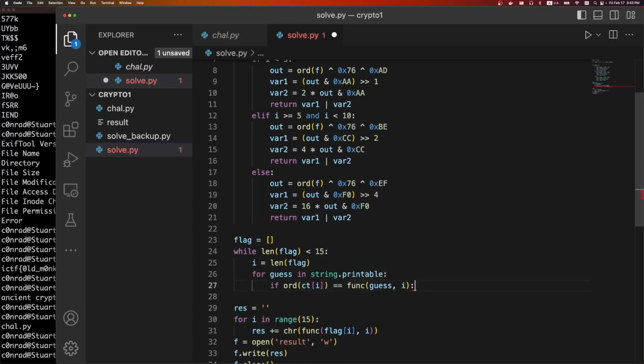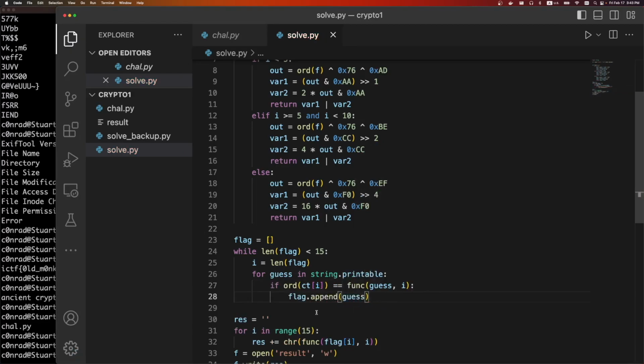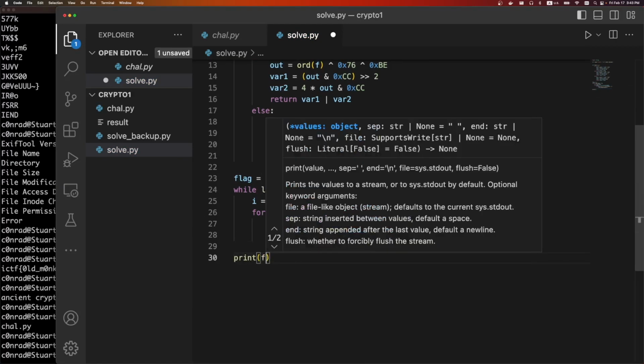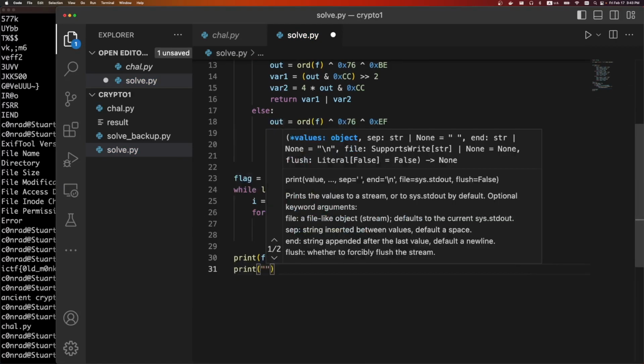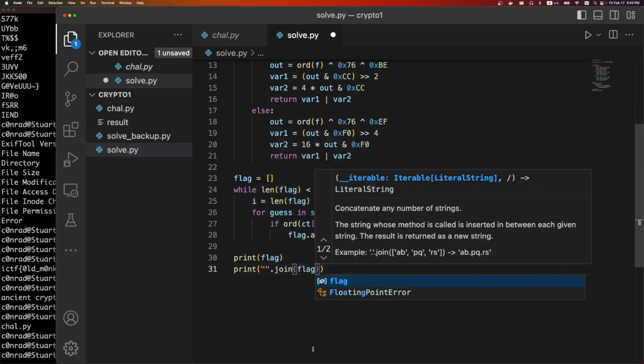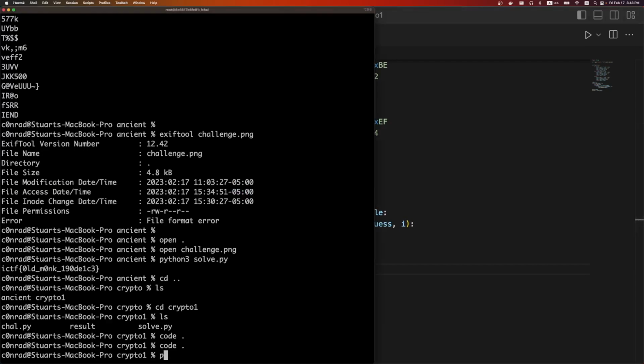If these are equal, we'll do a flag.append(guess), and guess should be a character. And then when we're all done, we'll print out flag, and to make it easy, we'll also do a join on flag. Cool, and that should be it. So python3 solve.py,